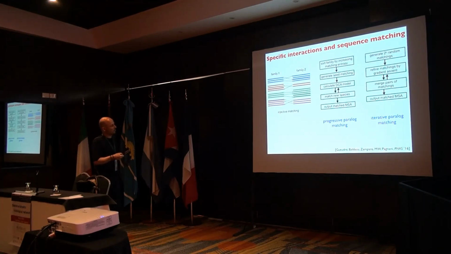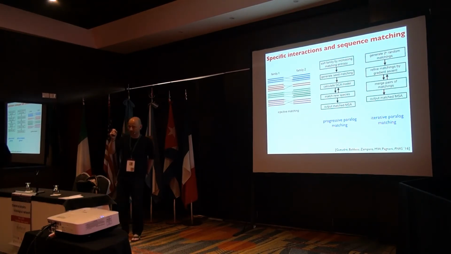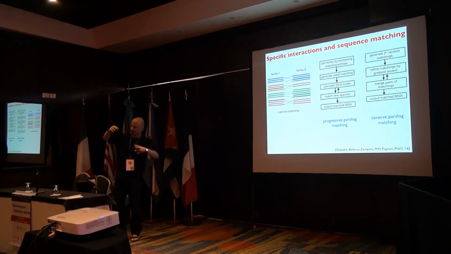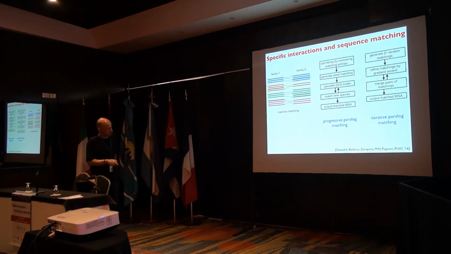And then what we do is we sort families by the number of potential matchings in the family, and the ones which have very few, imagine you have one protein and one protein, there's just one matching. So put these first, then do those with few and so on, and iteratively build this up by generating some initial matching, calculating models, matching the next larger species and so on, calculating new models. This is a progressive parallel matching.